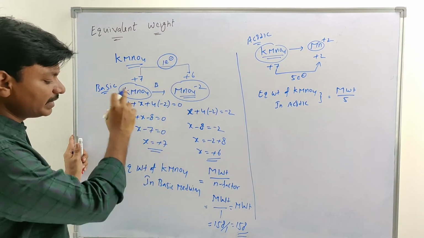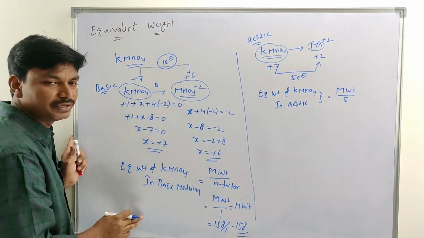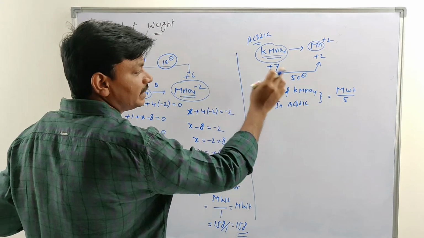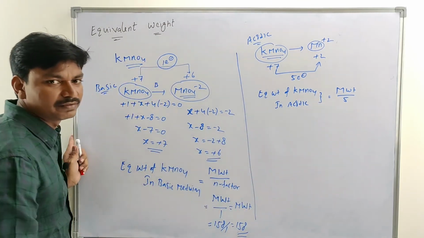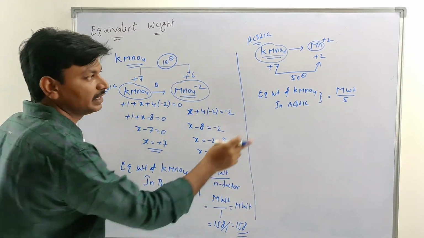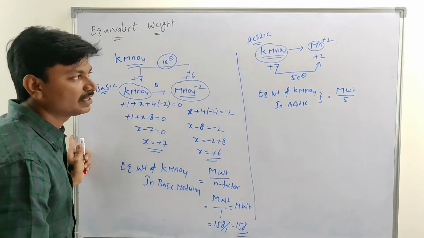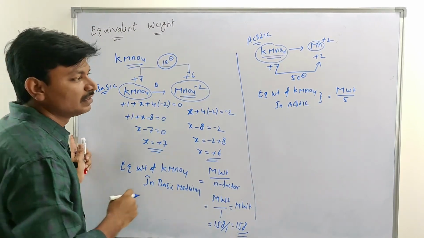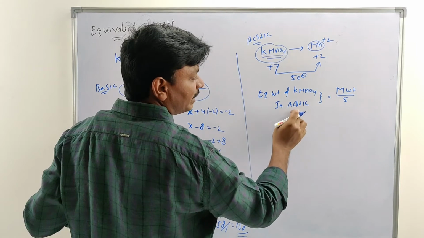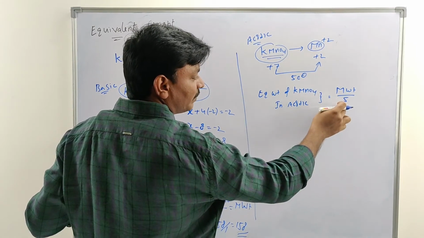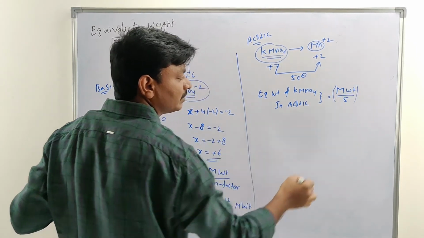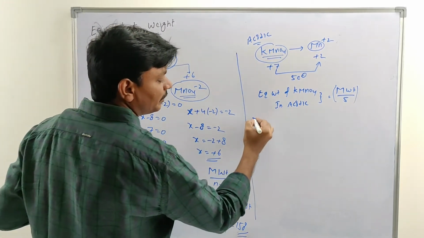Okay, clear? In basic medium, the n factor value equals only 1. In acidic medium, the n factor value equals 5. In basic medium 1 electron, in acidic medium 5 electrons will be transferred in the given reaction. That's why its equivalent weight equals the molecular weight of KMnO4 divided by 5. Okay, clear? Next, in neutral